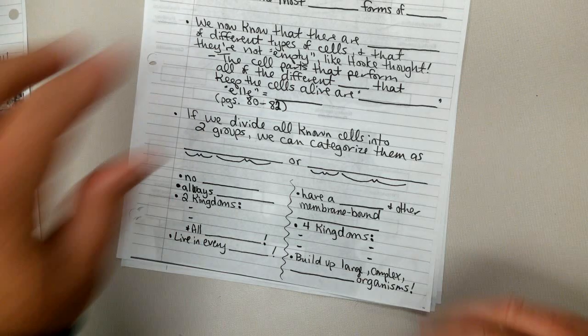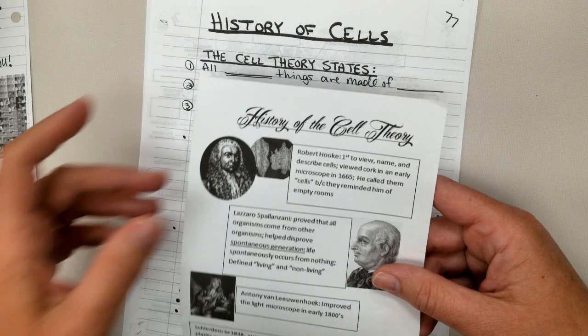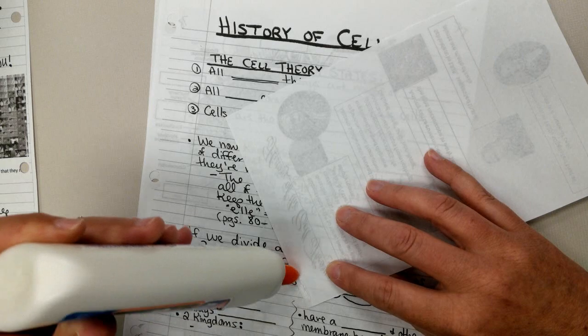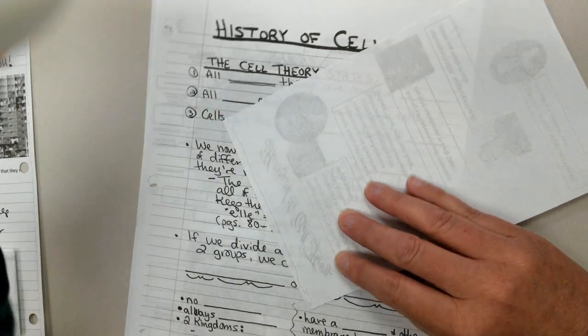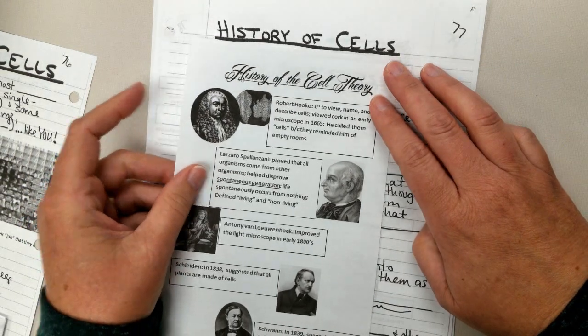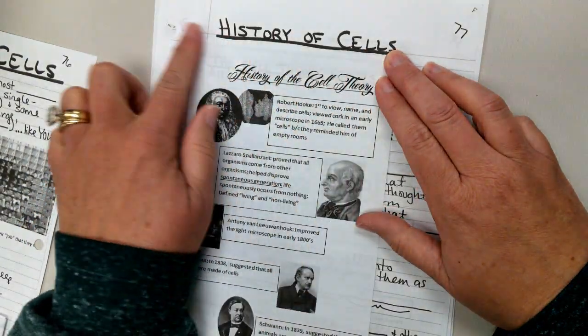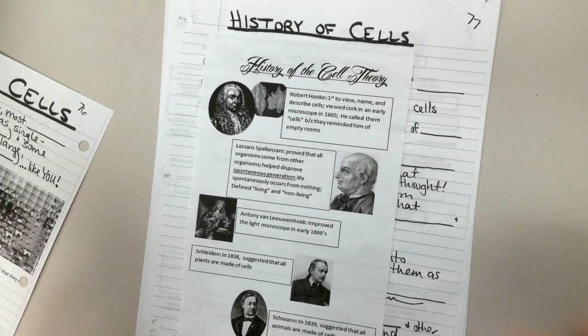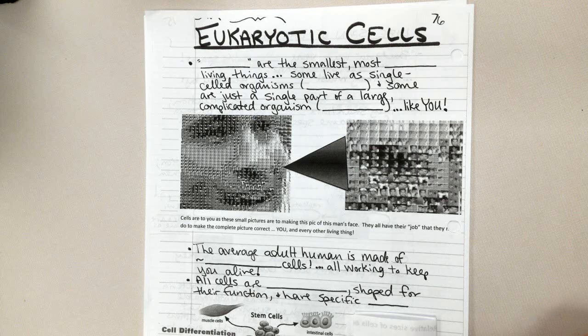So get that done. And then the next page, history of cells. We're going to take this, history of cell theory. I'm going to put a little tiny bead of glue across the top, and put that right there above the cell theory states. Okay, so get those two things done. Pause the video, get those two things done, and then restart the video. Okay, so